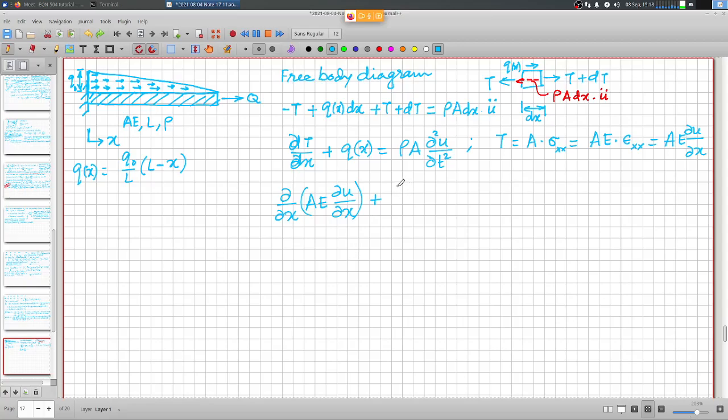So we can write this here: q naught by L multiplied by L minus x is equal to rho A del 2u by del t square. So that is in omega, x ranging from 0 to L,